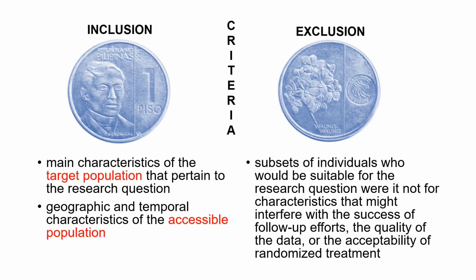There are two major decisions that must be made in choosing the study subjects. The first of which is to specify the inclusion and exclusion criteria that define the target population, the kind of patients or respondents best suited to the research question. The second decision concerns how to recruit enough people from an inaccessible subset of this population to be the subjects of the study, which will be the topic in the next lecture slides.